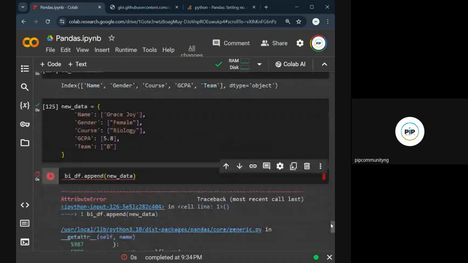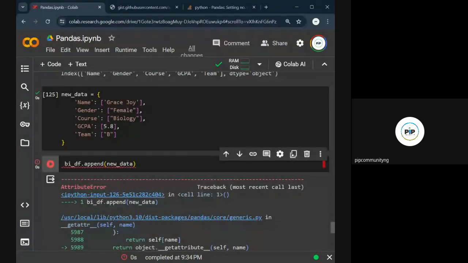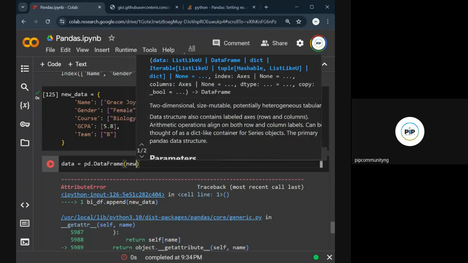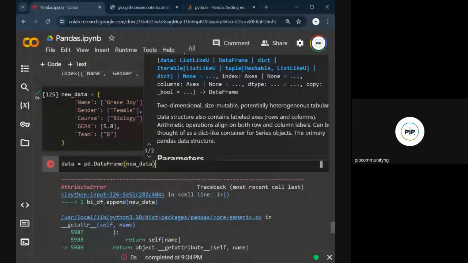So another way I'll do this is I'll say data is equal to pd dot DataFrame, and then I will now say is new_data, and then I will